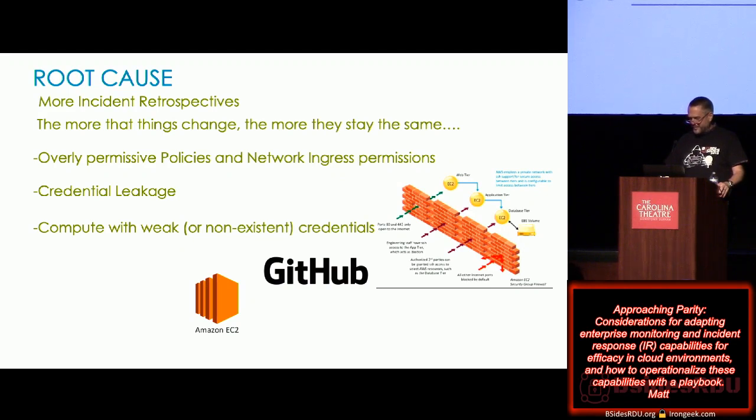So first up, think overly permissive network ingress. Think of overly permissive network ingress policies as potentially careless firewall policies that can let anyone on the internet access your cloud host. Obviously there will be situations where a permissive ingress policy is desired, for example when you're running a publicly accessible web server. But ingress policies otherwise should be scoped according to the principle of least privilege, allowing network access only from those hosts who require it. And then you could draw the same analogy for storage buckets like S3 or Elastic Block Storage. It's the same idea here.